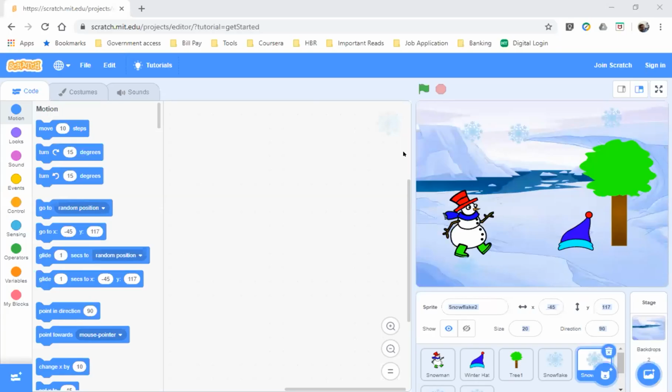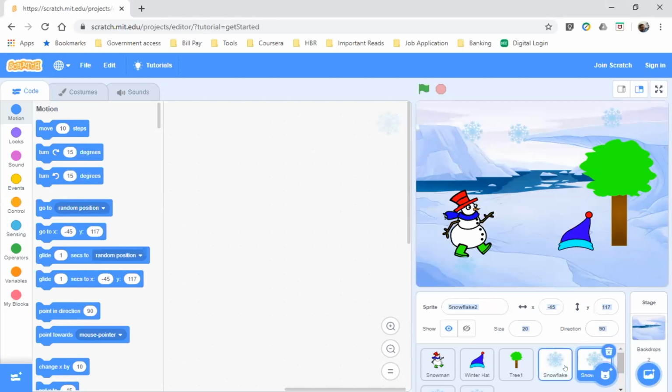Sir, can you show me the code for the snowflake? Yeah, sure. Vihan, can you share your screen? So we have to put a green flag on top. For the snowflake, yes. All right, Vihan, now let's select one of your snowflakes.